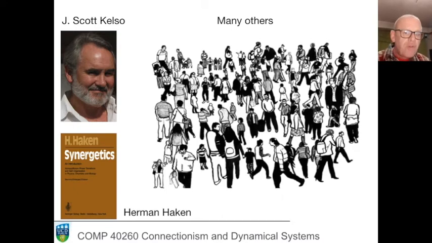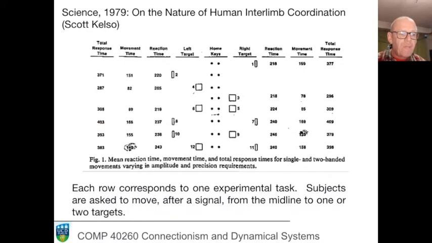You can get a flavor for this before we meet the HKB model directly. It's nice to see where Scott's head was coming from as he embarked on this very strange collaboration with a physicist. And you can get a sense for what was in his mind from this 1979 experimental paper, which he published in the journal Science. What he was looking at was the coordination of the limbs and the manner in which paired limbs, so 2 hands, 2 arms, 2 fingers, 2 toes, 2 wings, paired limbs exhibit a mutual coordination.